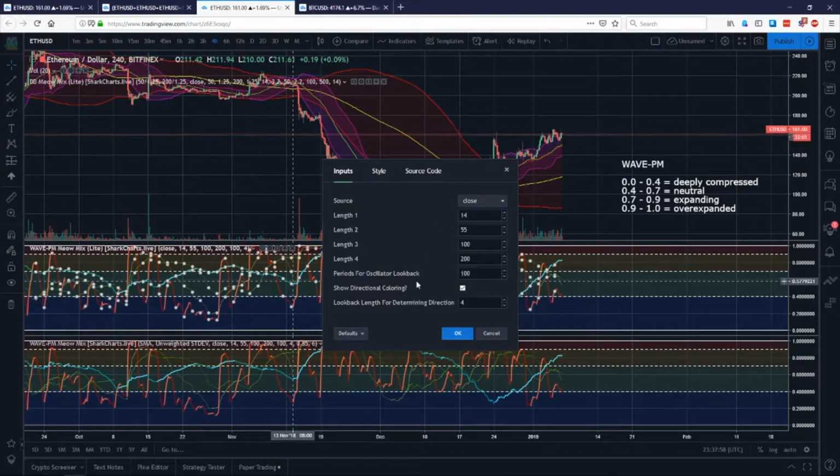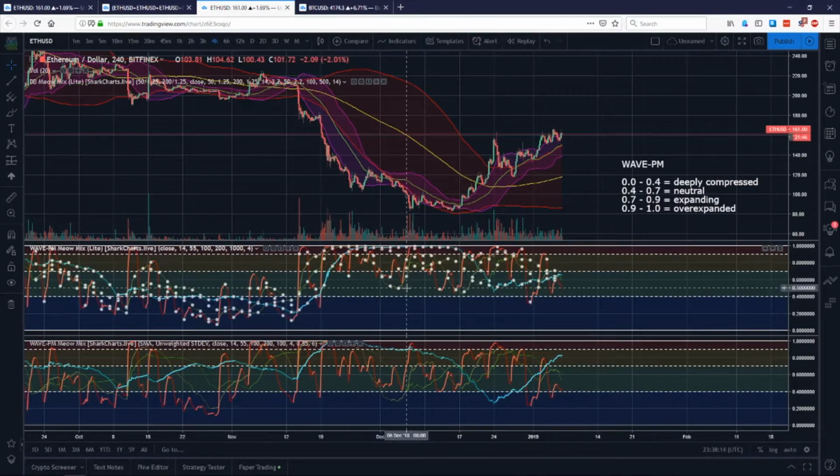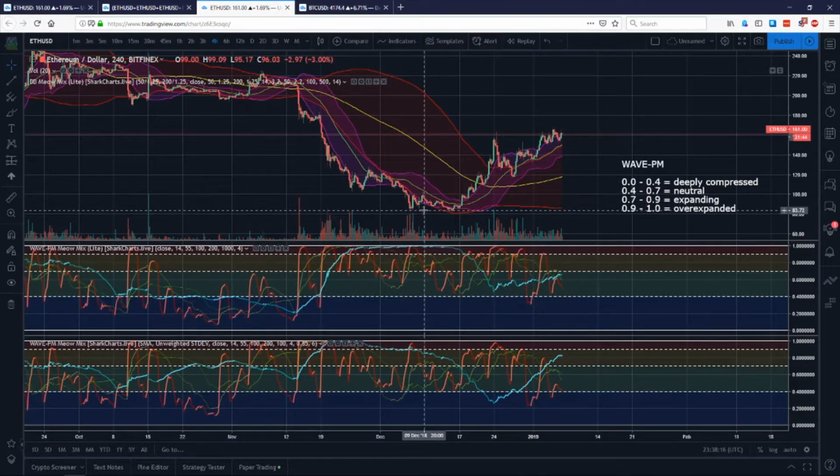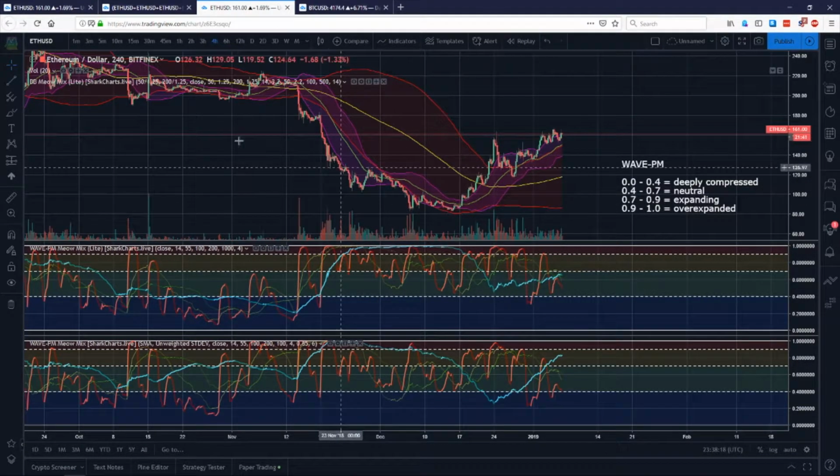We have the periods for oscillator lookback variable, which is interesting to demonstrate. Normally, we would not recommend changing this, but it's important to know what your indicators actually do. So if we instead make this a 1000 period lookback, what you notice is that you get a comparison of